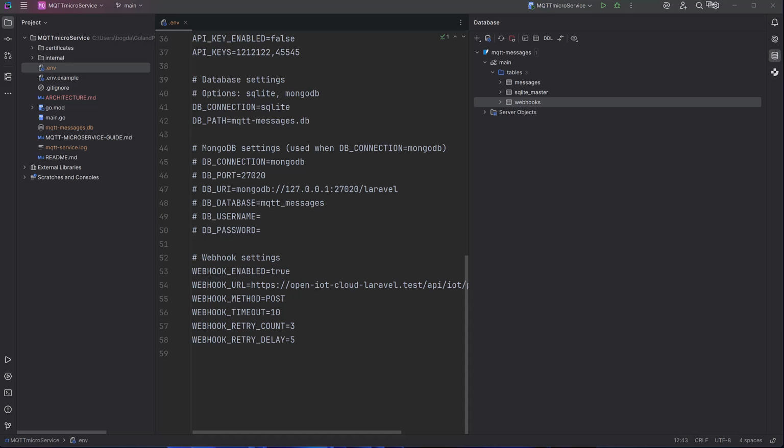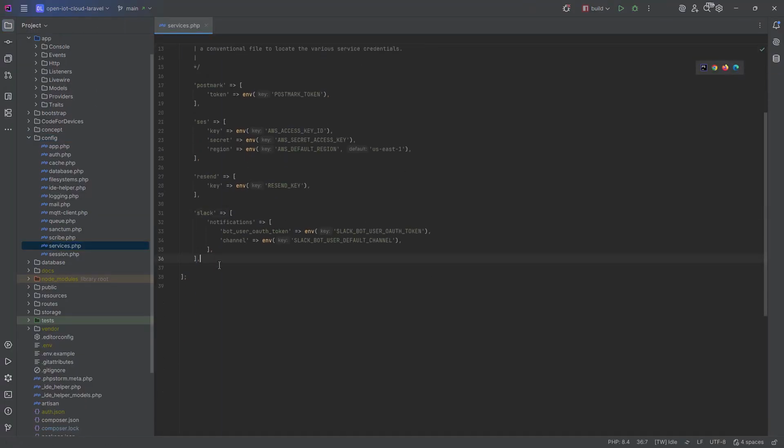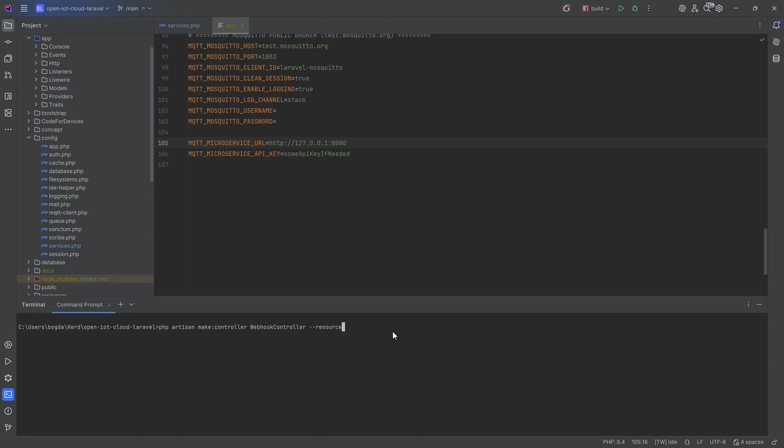We'll start with the assumption that you are the owner of an IoT cloud platform, and you're acting as an administrator with access to the system settings. Now, the first thing we'll do is set up a webhook that allows users to pair their devices with the cloud. The first step is to add an MQTT microservice to the config services, where we will include the settings for the microservice. So we can configure the service address and an API key in the env file if needed. Now, after this, we can create a webhook controller